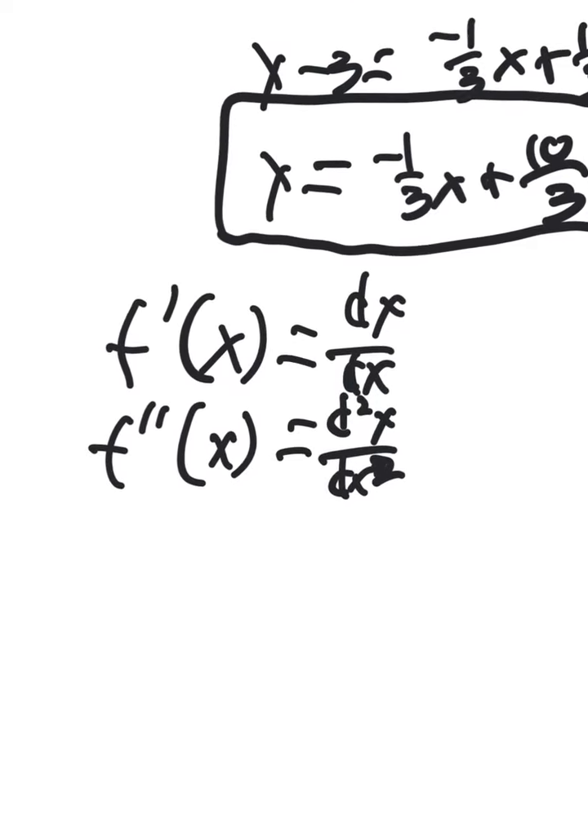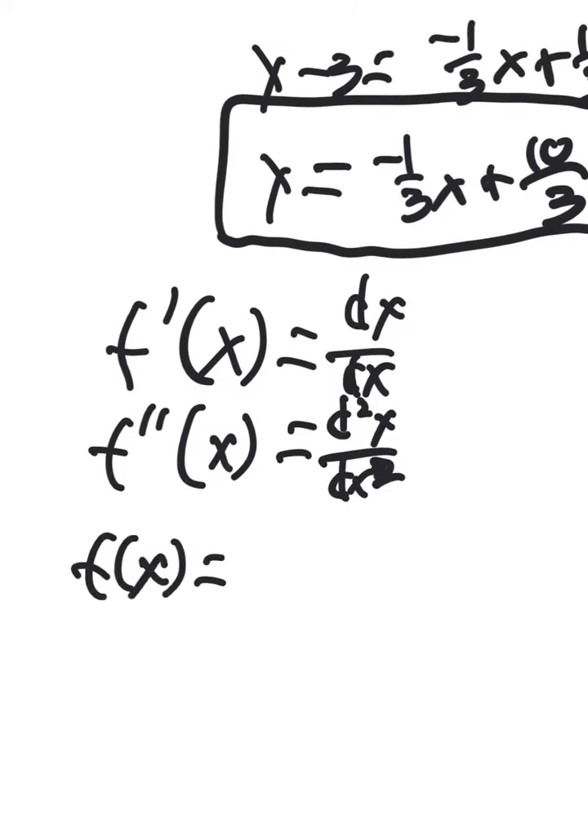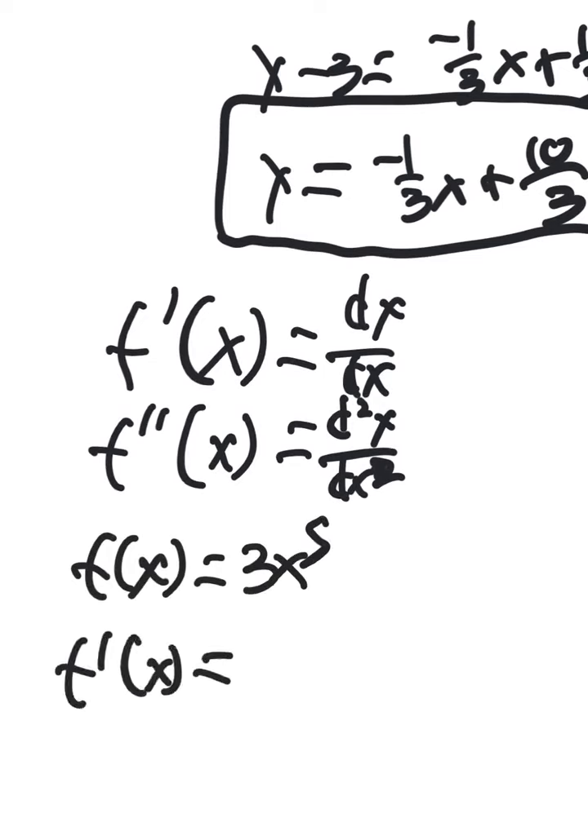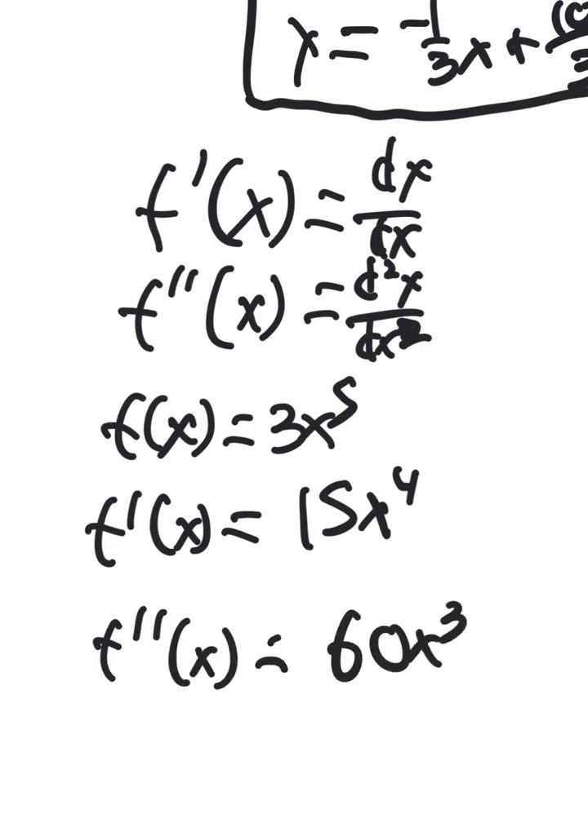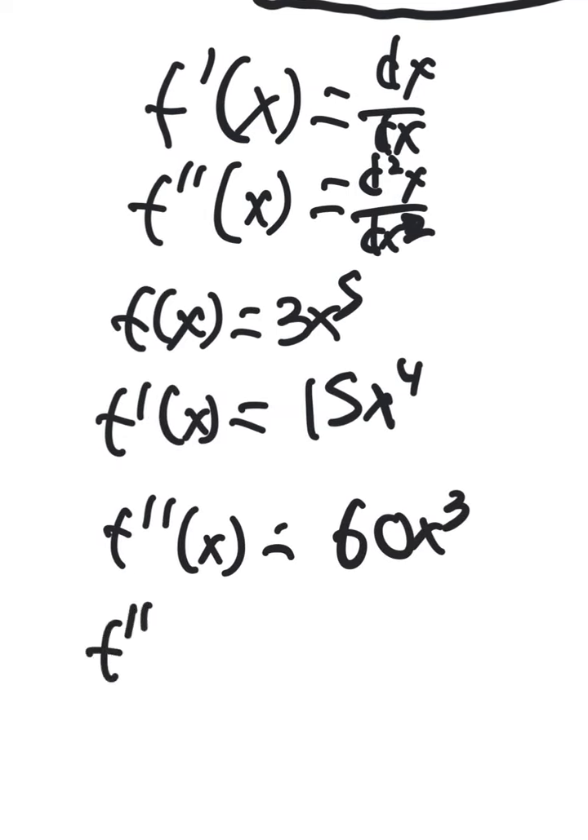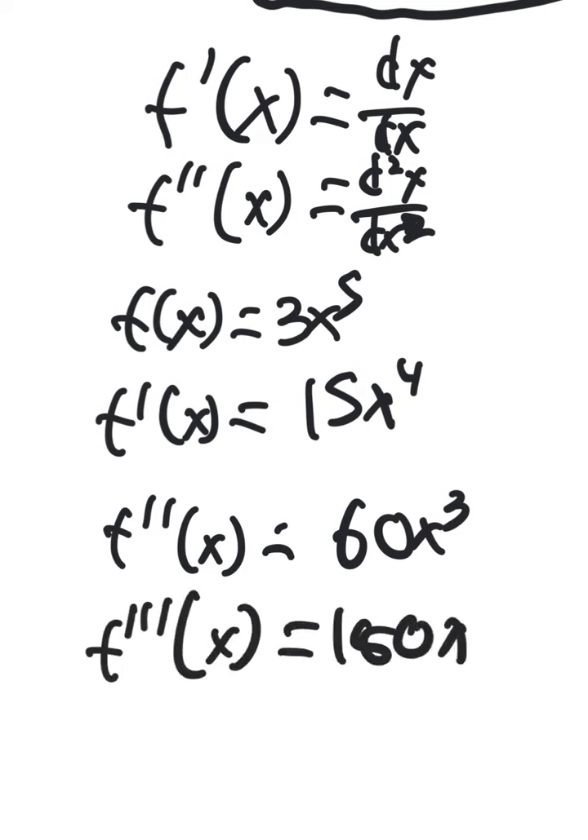Well, we can do that. Let's say we have f of x equals 3x to the fifth. Then f prime, the derivative, is going to be 15x to the fourth because of the power rule, right? Now, let's say we want to take another derivative. We have f double prime equals 60x cubed. If we want a third derivative, we can do that too. F triple prime of x equals 180x squared. And we can do this as many times as we want until we have the derivative that we're being asked